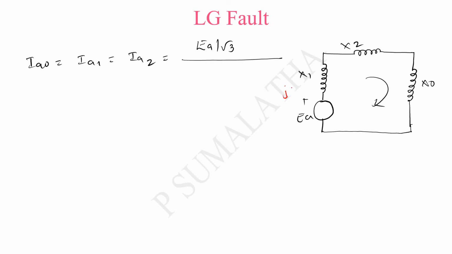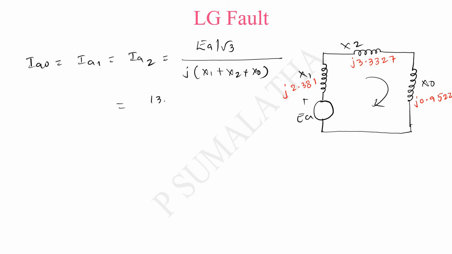Now the given problem is with respect to the LG fault. We need to find out the fault current. Let us draw the interconnection of the circuit. So plus minus, this is EA, and this is x1, x2 and x0. We know IA0 is equal to IA1, that is equal to IA2, EA divided by root 3. Now let us mark the values. x1 is equal to j 2.381, this is j 3.3327 and this value is j 0.9522 ohms. So this value will be equal to j times x1 plus x2 plus x0,